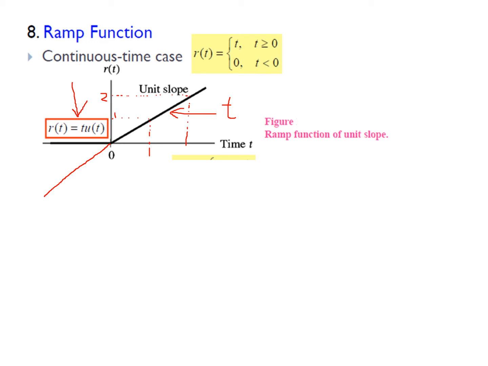So this is a way of describing a one-sided event. t into u of t, because u of t is 0 for t less than 0, no? When I multiply t with u of t, what I get is this one-sided ramp. So this is a very useful signal when you study, for example, a voltage continuously changing with respect to time. If I want to study that, I can use this waveform to test a system with such inputs.